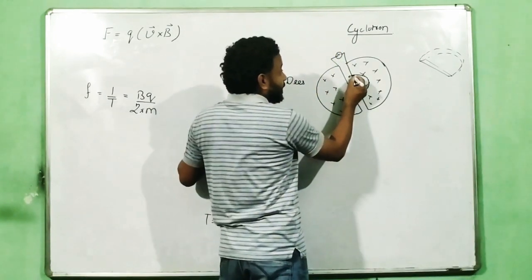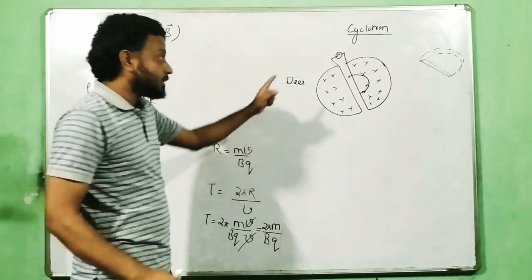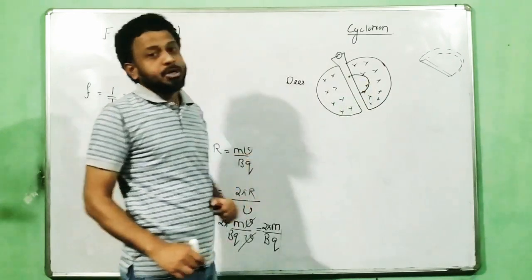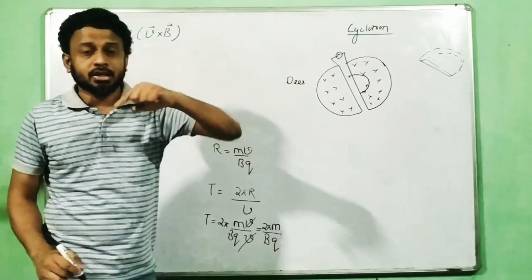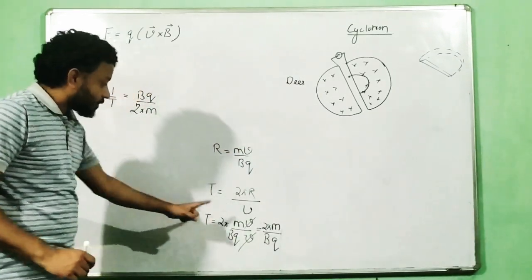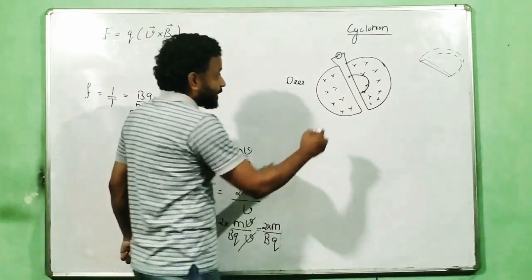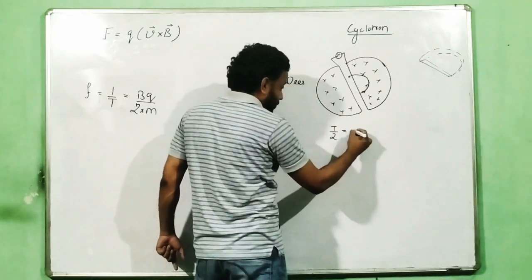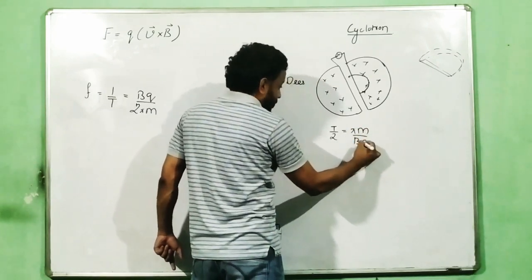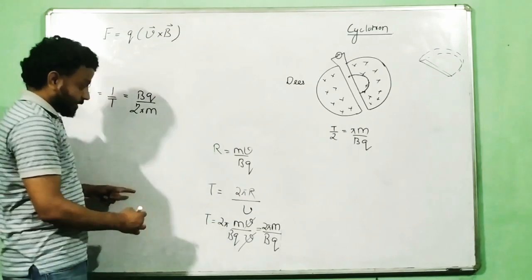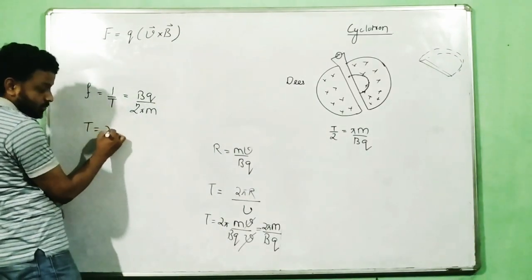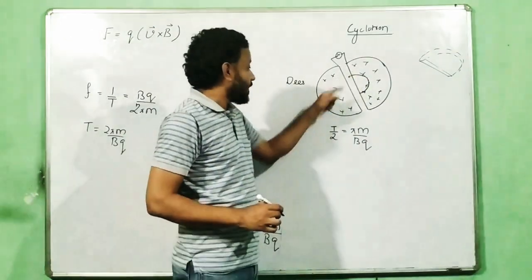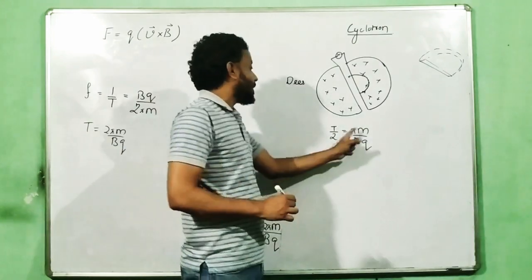So let us say it has reached the gap after how much time? It has reached this gap after a time of half the time period of rotation. Am I right? Because it is traveling a half circle. And what is the time period of rotation? The time period of rotation is 2 pi m by qB. So it will come to this gap after a time of T by 2, and that T by 2 is equal to pi m divided by qB, where T equal to 2 pi m divided by qB is my time period.